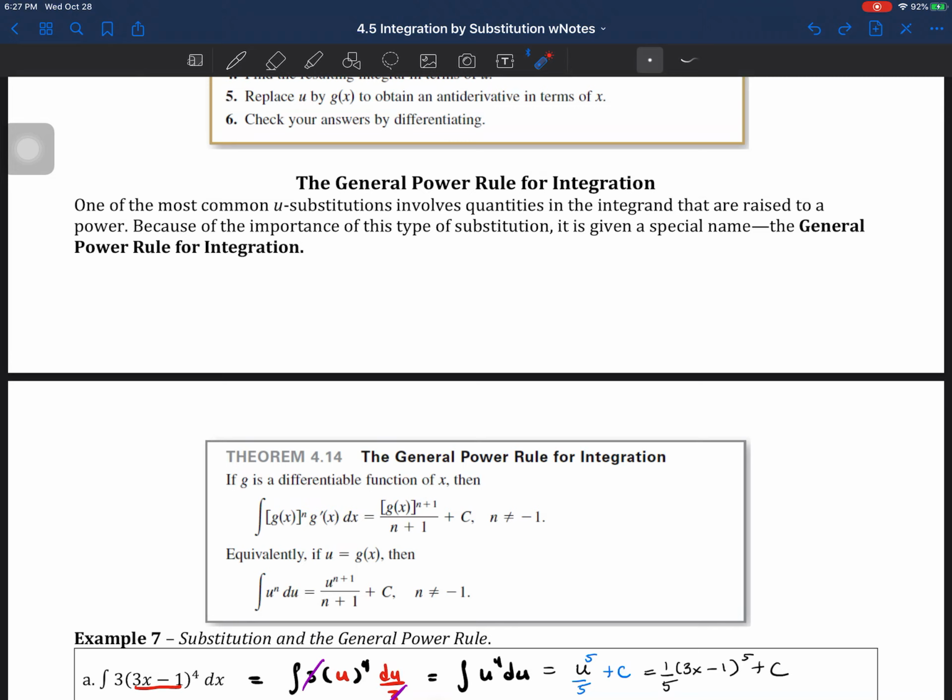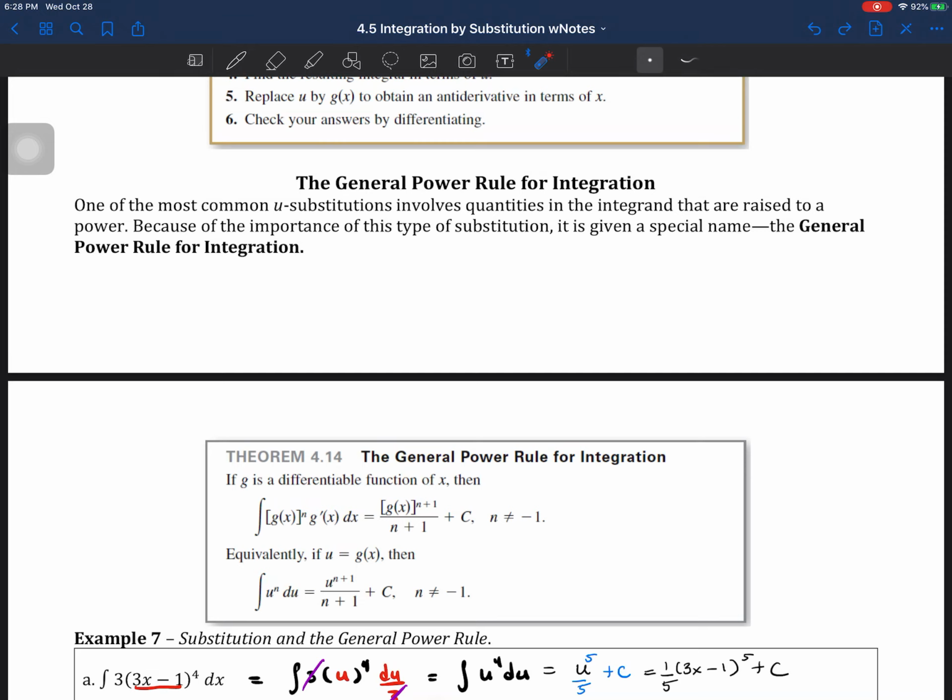So theorem 4.14 states the general power rule for integration. If g is a differentiable function of x, then the antiderivative of g of x to the power of n times g prime of x is going to be the function g to the power of n plus 1 over n plus 1